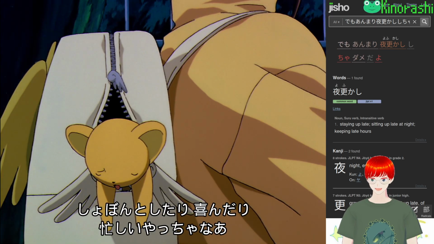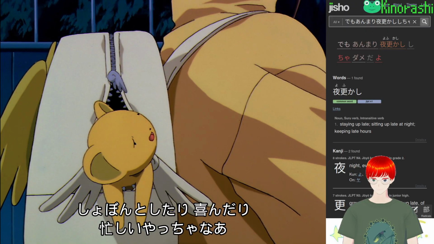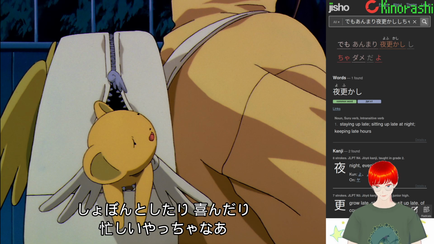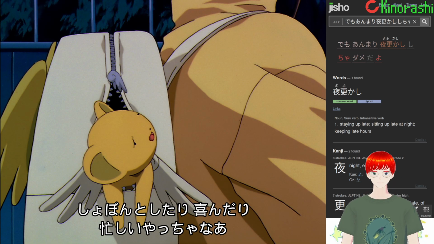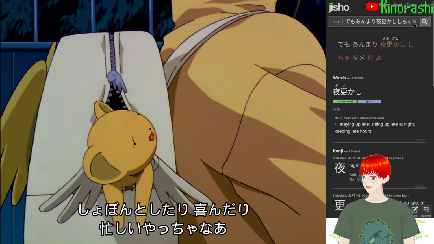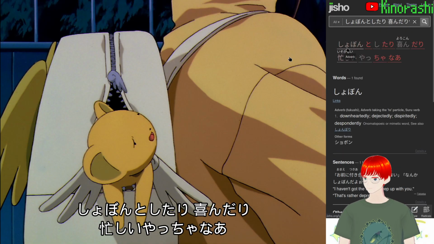しょぼんとしたり喜んだり忙しやっちゃな。しょぼんとしたり喜んだり忙しいやちゃな。Shobon: downheartedly, dejected, disheartenedly,